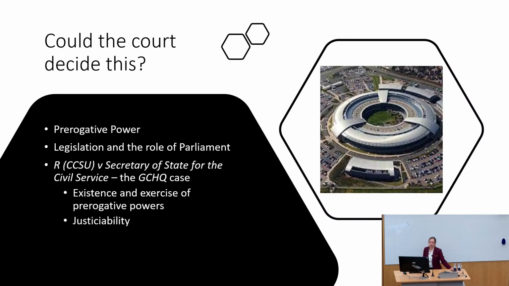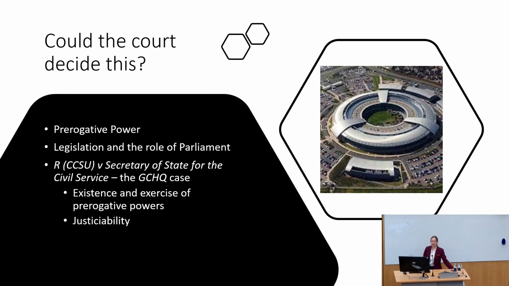And what's important about this case is it's one of the key cases that tells us how we control prerogative powers, okay? And we draw a distinction between two different types of control. One, does the prerogative power exist? Okay, that might sound an odd question to ask, but you have to check that the government really does have the prerogative power it tells you it thinks it has. So you have to go away. Is there a prerogative power? Are they actually using a prerogative power, or have they just made it up?